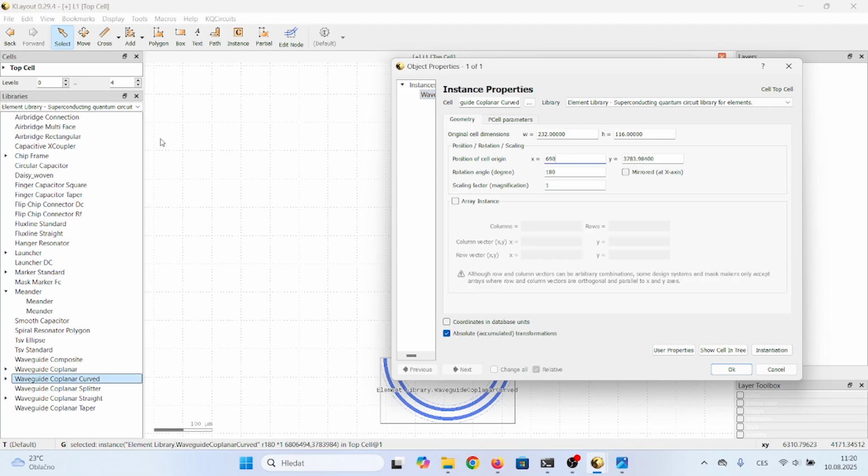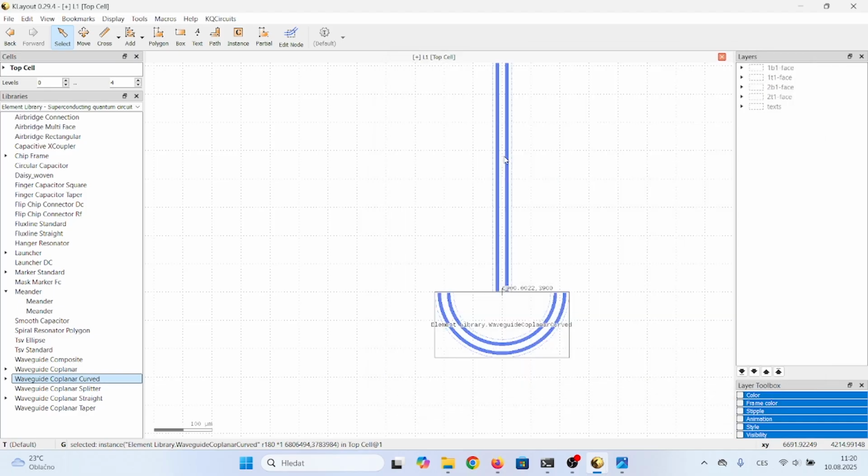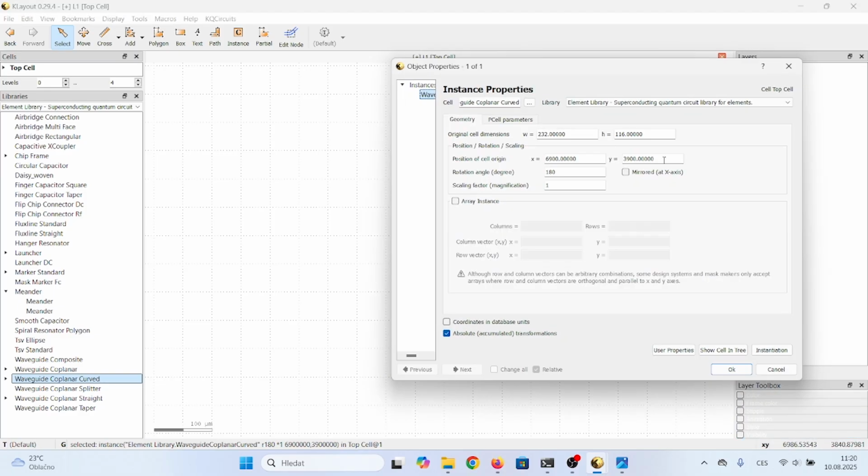Rotation should be like this, plus probably